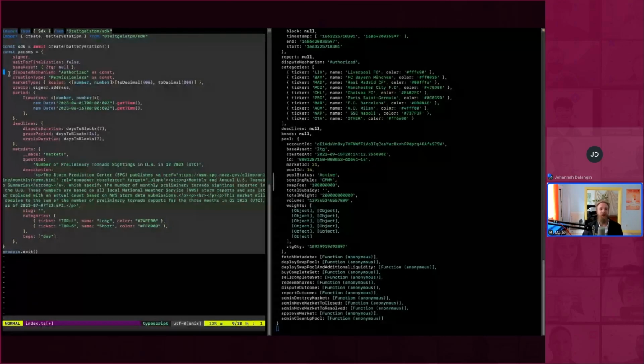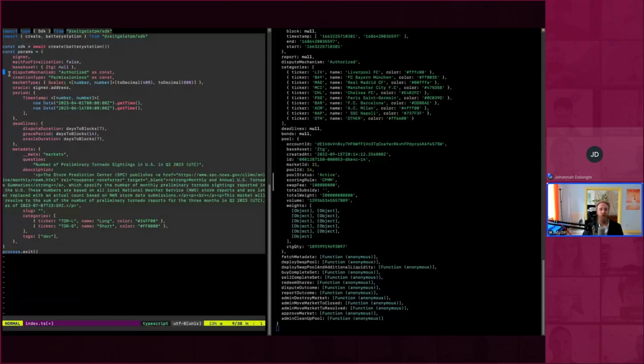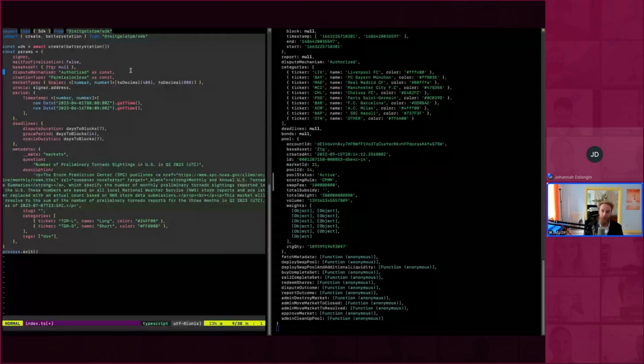What do we do then? The answer is, well, we have a dispute system. If you think the oracle is cheating you, you can start a dispute. And right now, we're using the authorized mechanism, which passes control over the resolution of the market to the aforementioned advisory committee, which is this decentralized committee.